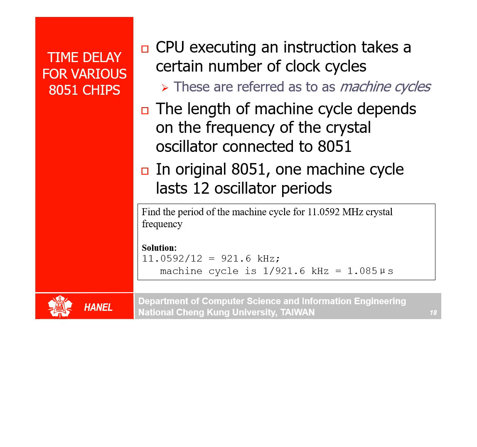For example, suppose the crystal frequency is 12 megahertz. Then what you have to do? 12 megahertz by 12 is what? 1 megahertz. 1 divided by 1 megahertz, 1 microsecond. Suppose the crystal frequency is 24 megahertz, 24 megahertz by 12 is equal to 2. 1 divided by 2, 0.5 microsecond. Like that you can calculate. So this 12 is constant. To find the machine cycle frequency from the crystal frequency, you have to divide by 12 for the 8051 family. Okay, that is the thing.